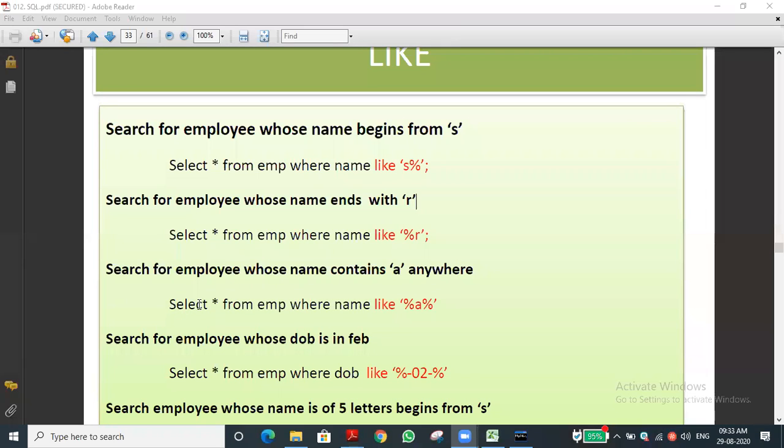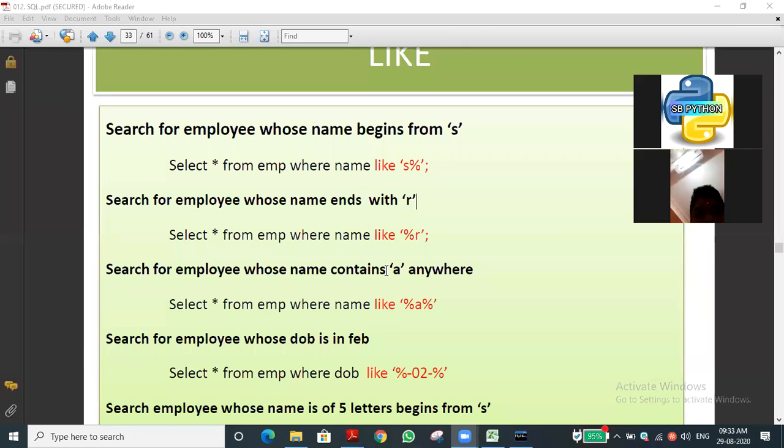And the third one: yesterday Sriraman asked one wonderful doubt, whether we can search for a letter in between. It is not the same, but we have tried another level. You can see this, search employee. Third example, employee whose name contains A. That means overall, the name contains A. For example, if you take Ashwin, the first letter itself is A. Or in some other name, the last letter may contain A, or whatever it may be.